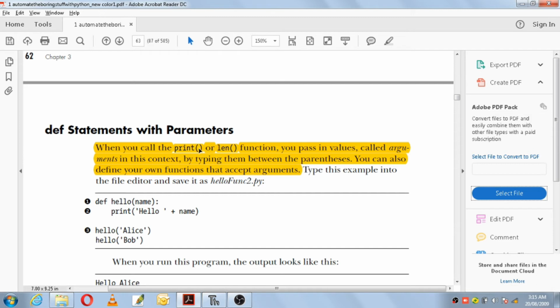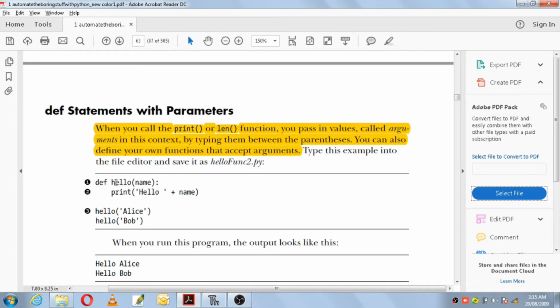Whenever we were using the print function and the len function, whatever we write within it is known as arguments. Inside print, if I write the text hello, that hello is considered an argument. Inside len, if I write the string hello, that hello is also an argument. So here also we'll be making use of a function along with an argument.